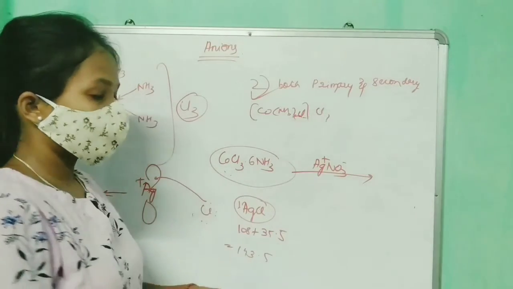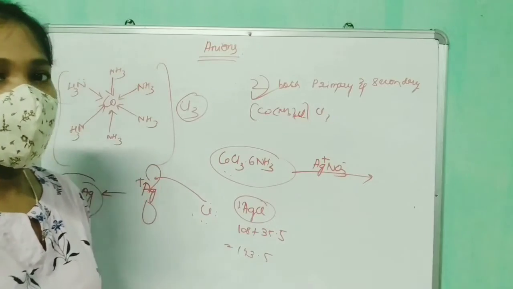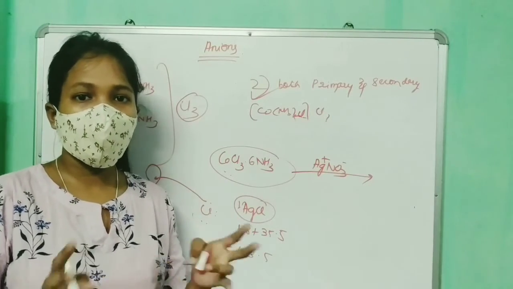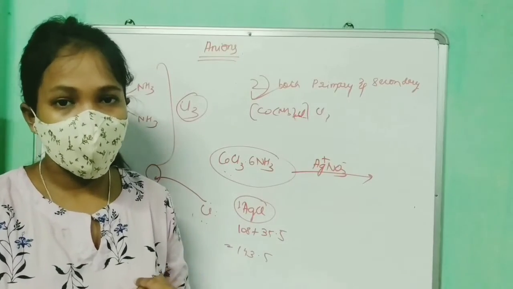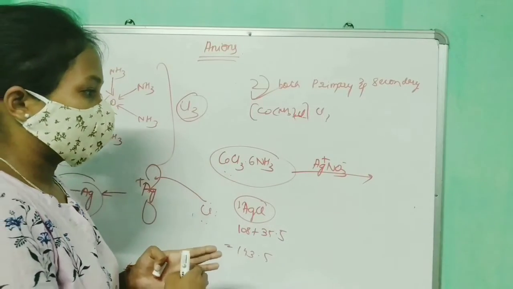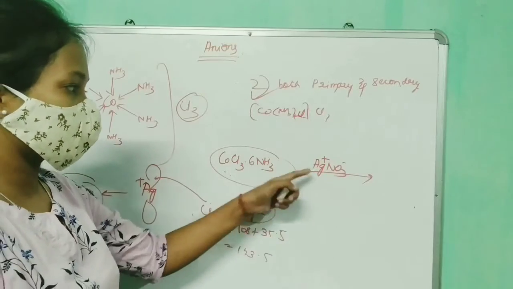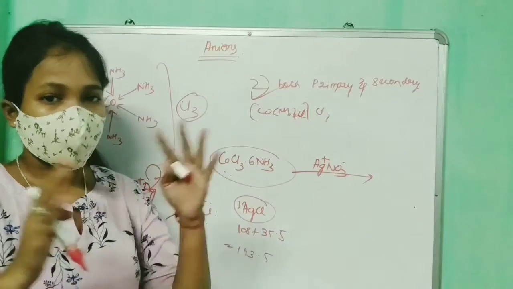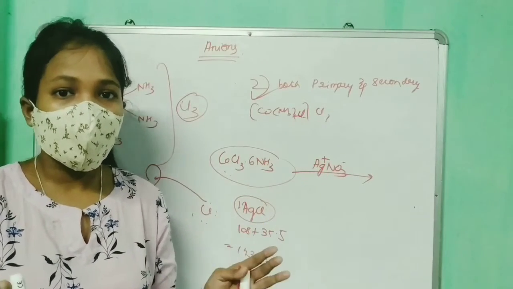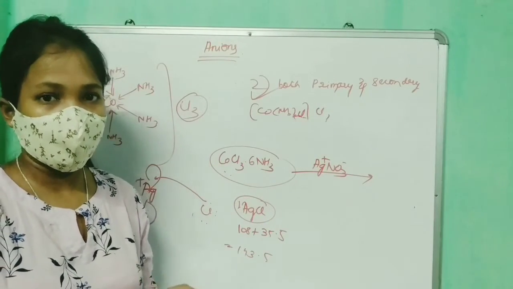So what he thought is, in that complex, obviously the ones that are present in the ionization sphere can only donate or put their electrons to the vacant d orbital of Ag, because the other ones present in the coordination sphere will never lose their identity, will not break into ions.